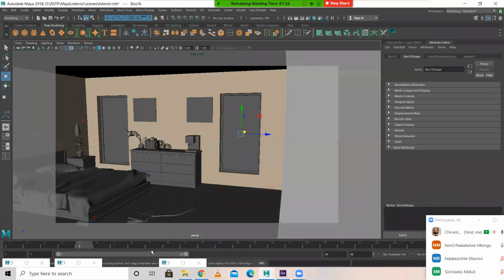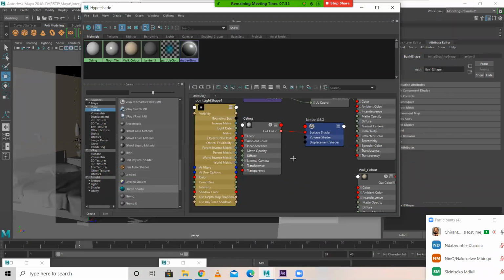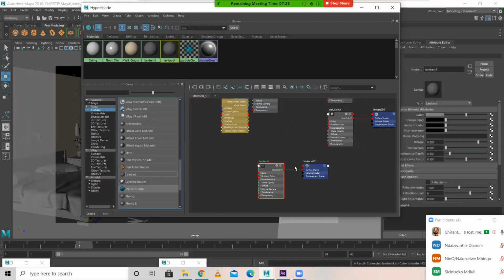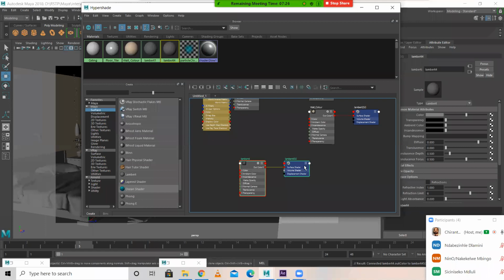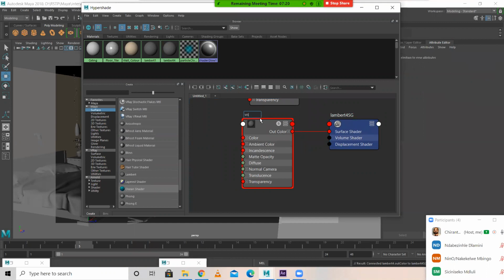So now I have to open Render, Hypershade window texture. Let me take a simple Lambert. I'm taking a Lambert and select this, move here, move here, just double click window and